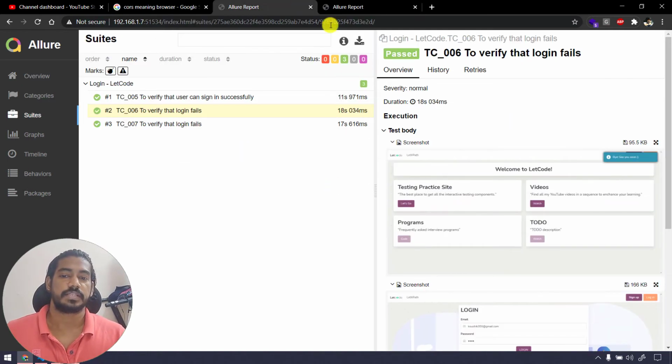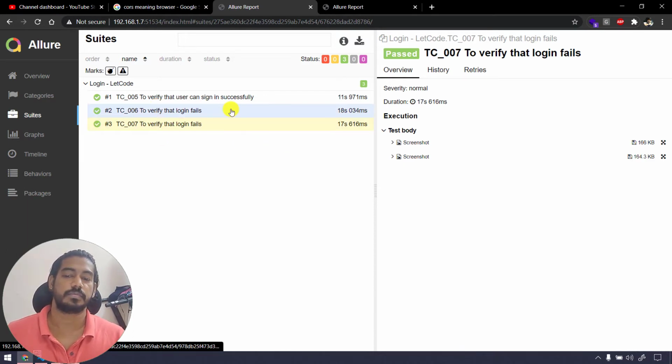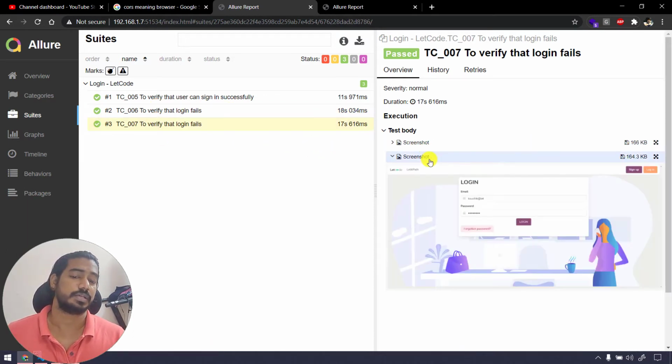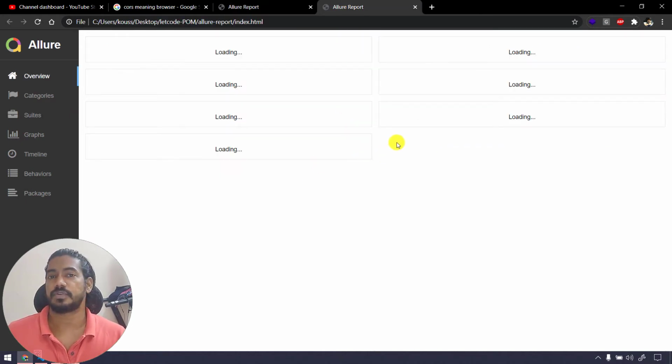Okay, but when I say Allure dash open, I mean Allure space open, it's actually going to bring up the result, and it is able to open the result actually. But if you try to open that file from that folder manually, it's not going to work. Let us understand the reason as well.